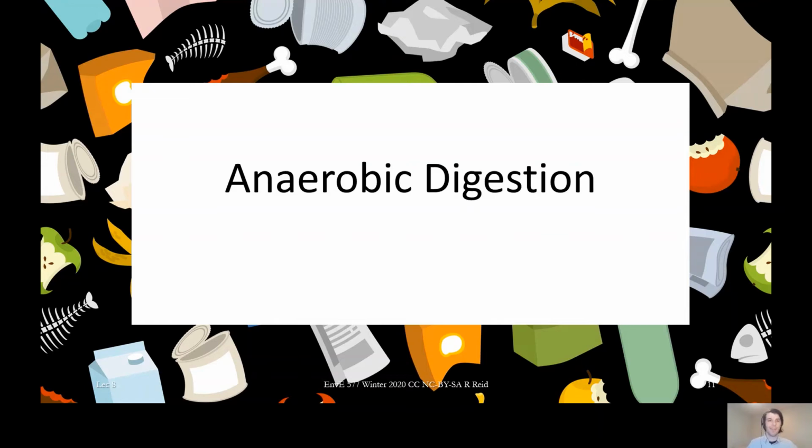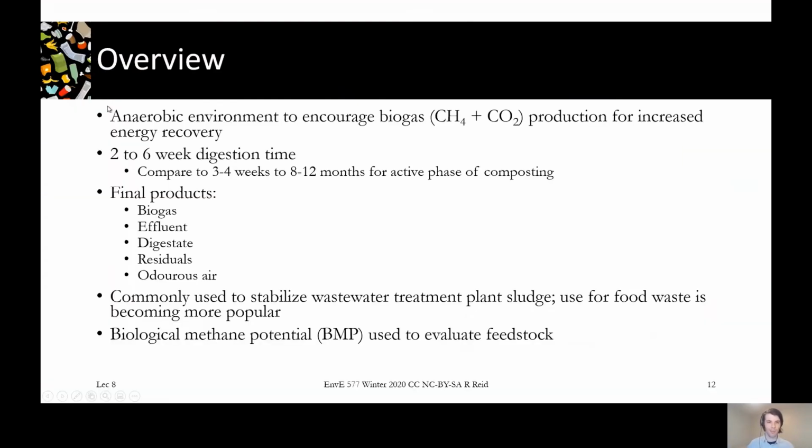So let's start out by talking about anaerobic digestion. And I'm only starting with this because it goes well with what you're working on in Lab 1. You may be more familiar with compost, so I'll try and draw similarities as we go through if that helps. And just to start with an overview of the process, so anaerobic digestion, so we're in an anaerobic environment, we've